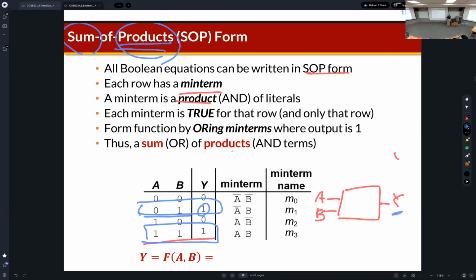In this circuit, Y is 1 for this min term and this min term. And we are learning about the sum of product form. In order to make Y 1 only for these cases, we just combine min terms like this. So this is the min term of this line, right? So it makes Y